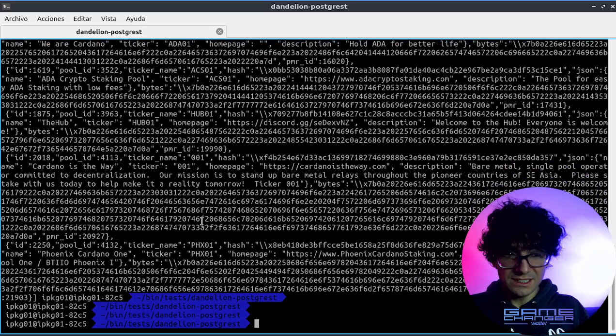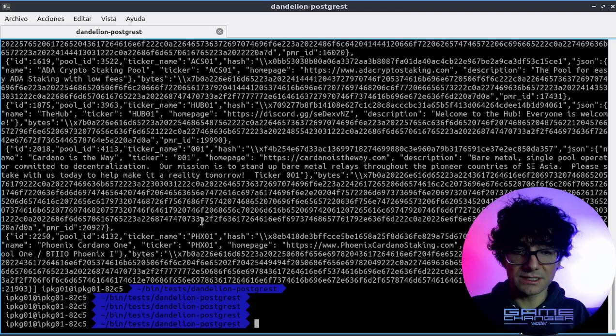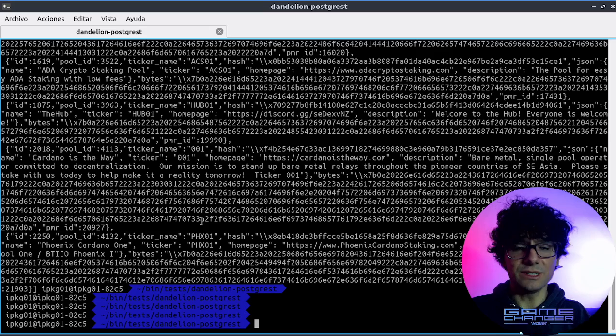to see if there are multiple pools around, multiple pool operators, and well, yes, we have a bunch. Okay, this is with Bash. This is Bash script. But what about another common language around? Okay, let's do the same with